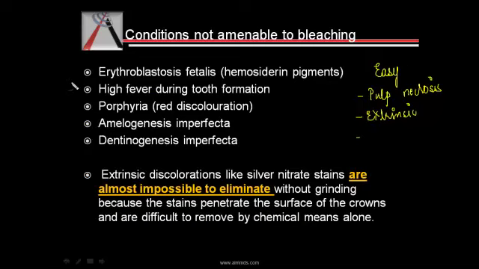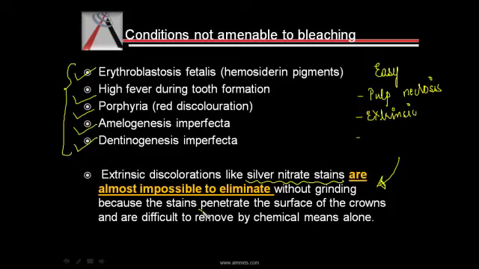Further, the conditions which usually have resulted in discoloration during the developmental phases have some deep-seated stains and they are difficult to bleach out, in that we have erythroblastosis fetalis, high fever during tooth formation, porphyria, amelogenesis imperfecta, dentinogenesis imperfecta. So these are the conditions which happen during the developmental phases, and they are comparatively difficult to bleach out. Most of them are intrinsic conditions, while there are some extrinsic discolorations like silver nitrate stains, which are almost impossible to eliminate because they